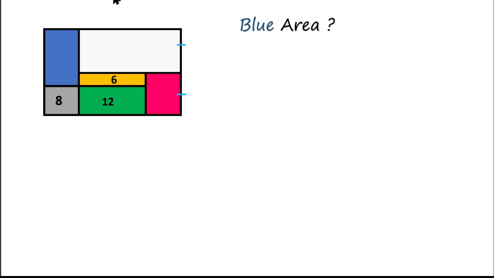So to find it, first I will consider the height of this bigger rectangle as a capital H. So according to the question, the height of this one will be what? H by 2. Okay, now let the height of this green rectangle be small h. This means if we consider this one as h,